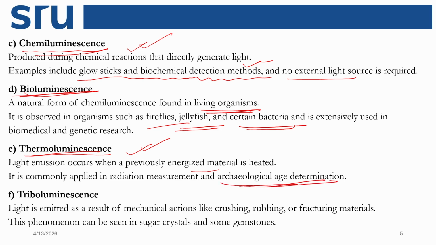And another one is called triboluminescence. This is the mechanical process. Due to the mechanical process, when you get the luminescence property of the materials, we call it triboluminescence. It is a kind of crushing or rubbing or fracturing of the materials. When we do this mechanical action, then we get the luminescence property of the materials. So that is called the